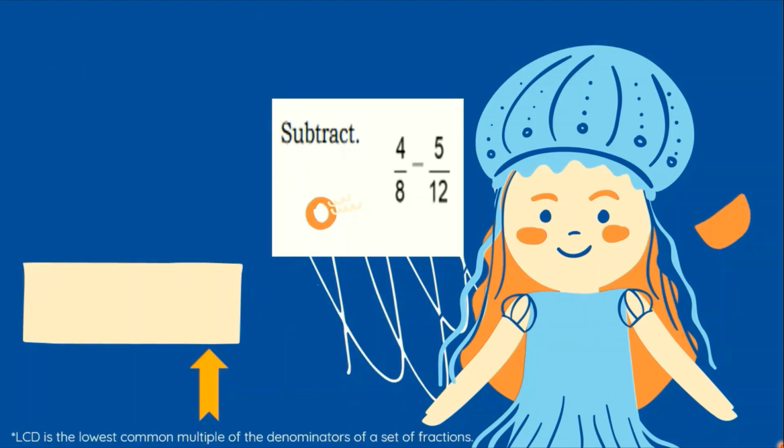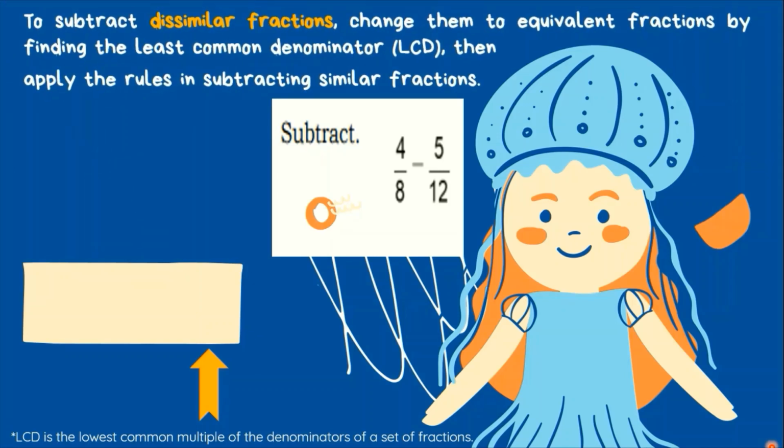Another example we have here, 4 over 8 minus 5 over 12. Kung mapapansin natin sa dalawang fractions na ito, sila ay dissimilar fractions dahil magkaiba ang kanilang denominators. To subtract dissimilar fractions, change them to equivalent fractions by finding the least common denominator or their LCD, then apply the rules in subtracting similar fractions. Katulad rin ito ng ating ginawa kanina nang tayo naman ay nag-add ng dissimilar fractions. Napaka-importante na kapag ang fractions ay dissimilar, atin muna silang i-convert to their equivalent fraction form para maging similar fractions